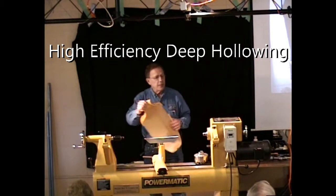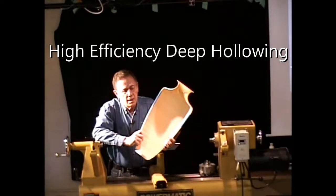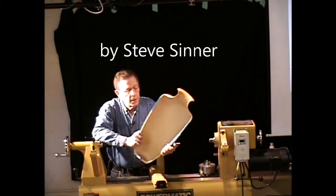I want to talk a little bit about this piece. A lot of folks have been looking at it. First of all, I did not cut this apart. There are many weeks of work in this piece, and it was in a museum out in Nebraska, and the